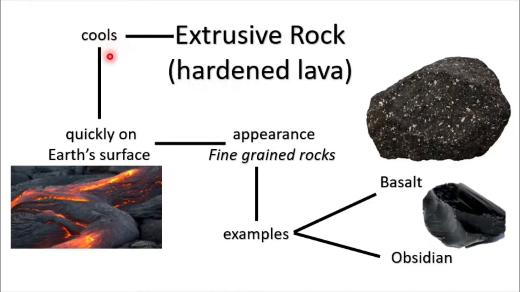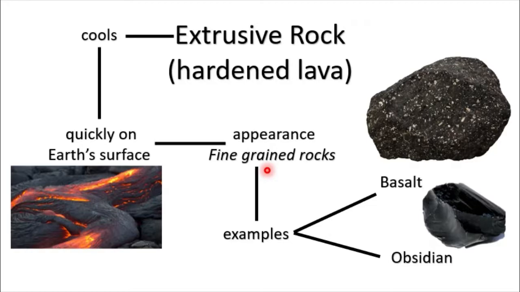When this lava cools down, since they are exposed to the ambient temperature of the atmosphere, they cool down quickly. So when they cool down quickly, the appearance of our rock will be a fine-grained rock. So basically, you cannot find much of the different minerals in one rock. So that's why they look as if the grains are quite fine compared to the other